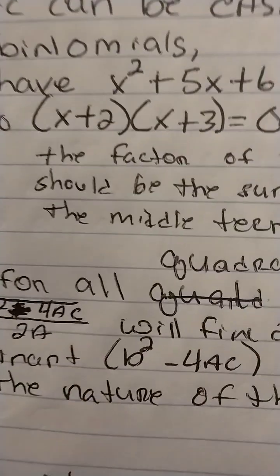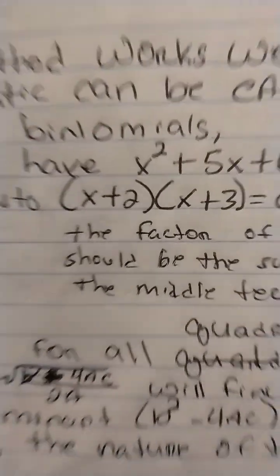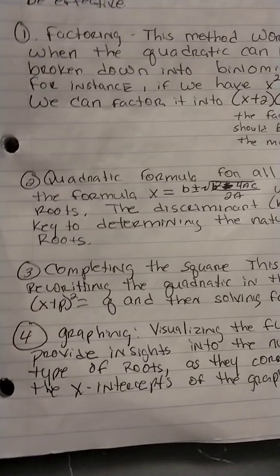So pretty much you want to make sure that when you multiply 2 and 3, that gives you 6. And when you add them, it gives you the middle term 5x. Okay. So the second one is